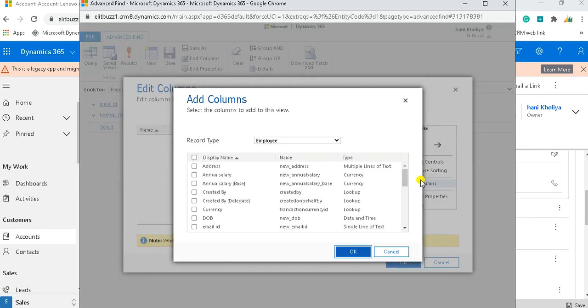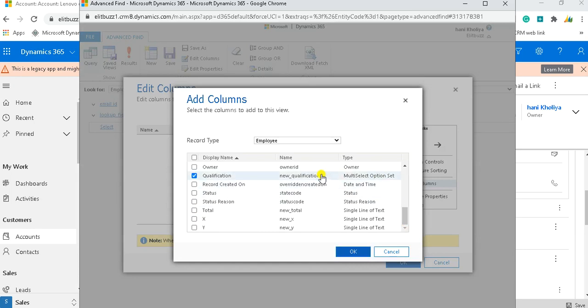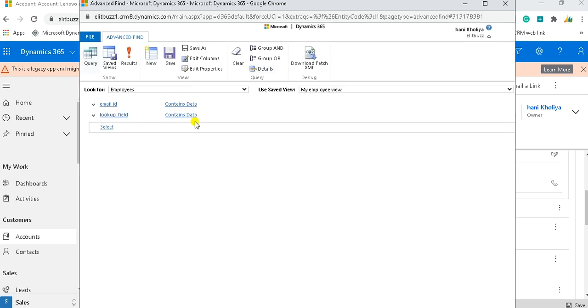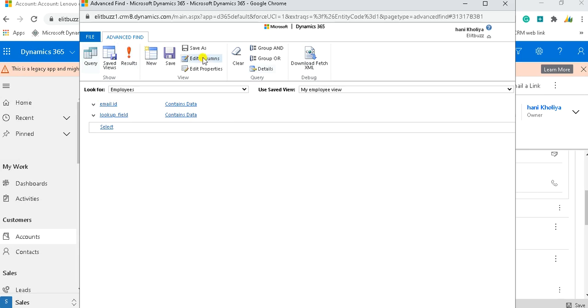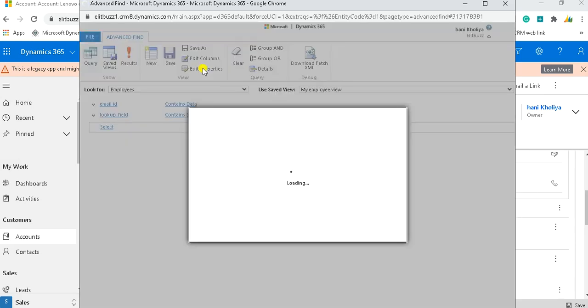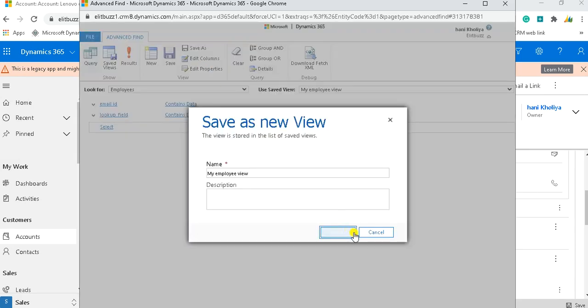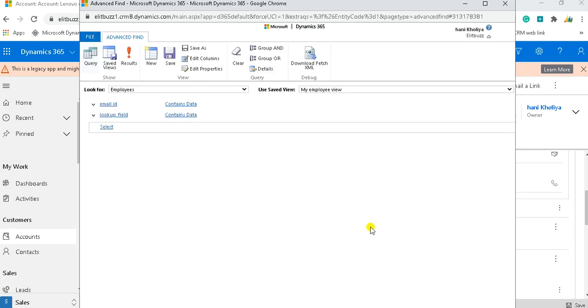I can add columns, basically the columns I want to see, like qualification, owner. Earlier that was not visible. Now you can see owner and qualification are also visible. So in this way I can edit columns, and in edit properties I can rename this view.